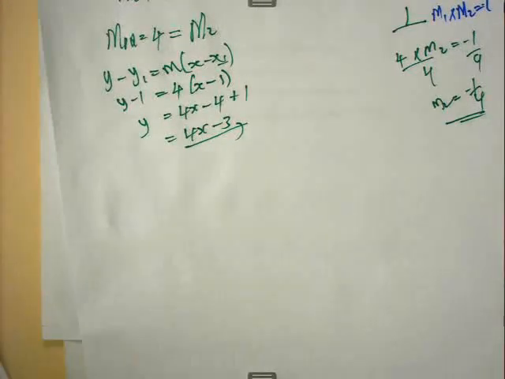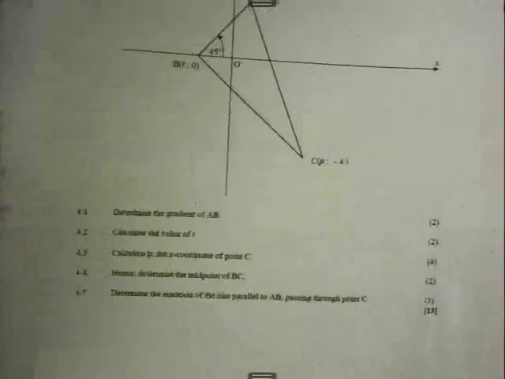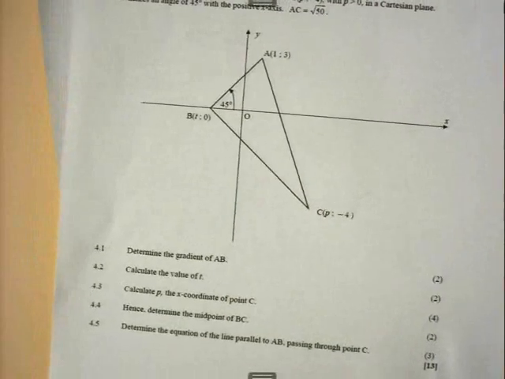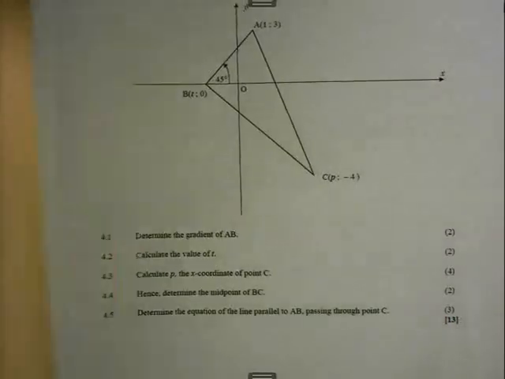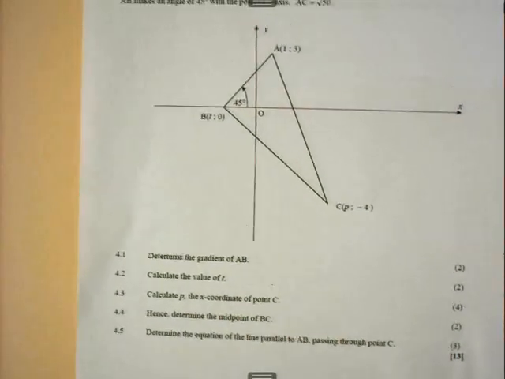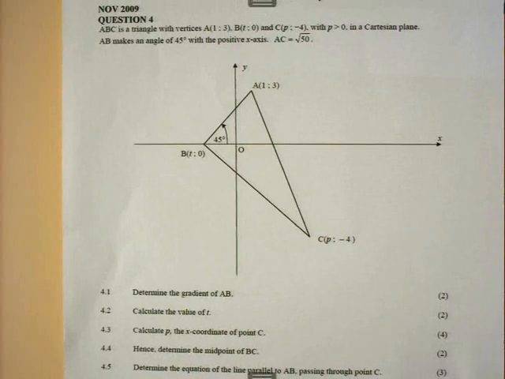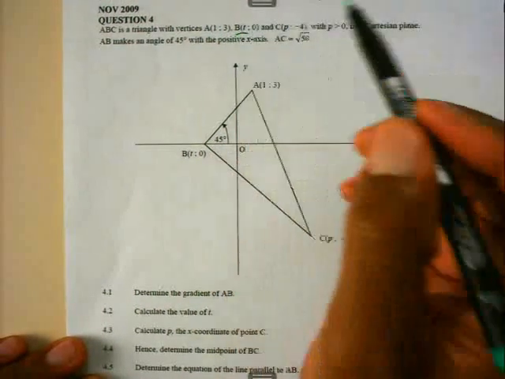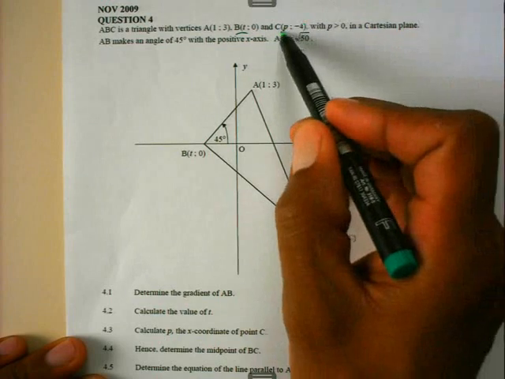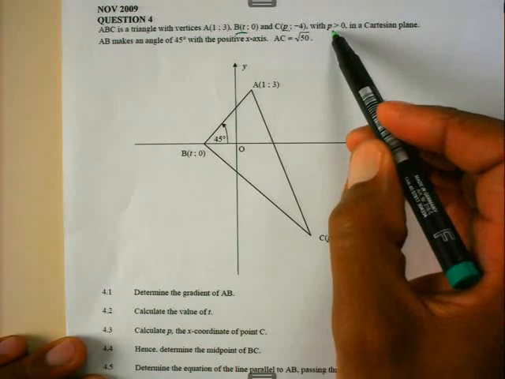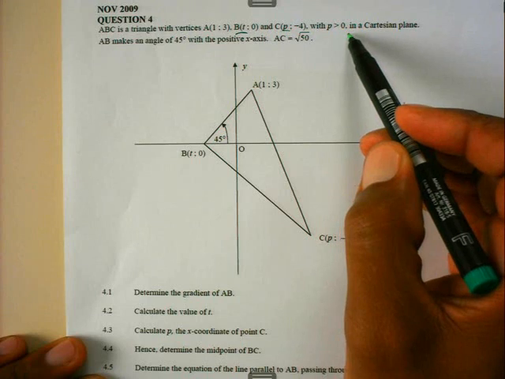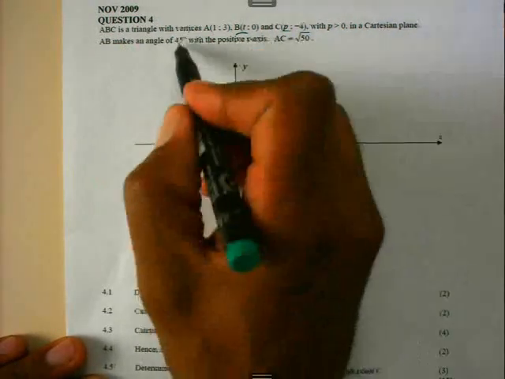Right, now, before we take the break, which will be in 4 minutes time from now, let us quickly look at this question. Boys and girls, it's very important to read the instruction. ABC is a triangle with the vertices A, B, C. I'm interested in B. What are the coordinates of B there? It's T as well as 0. And C is P and minus 4, with P being greater than 0. Then in a Cartesian plane, AB makes an angle of 45